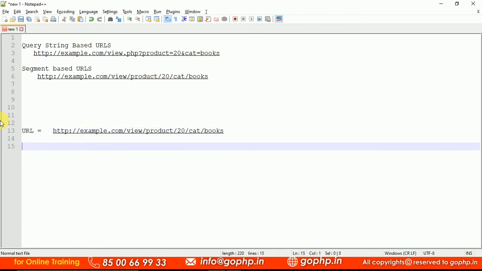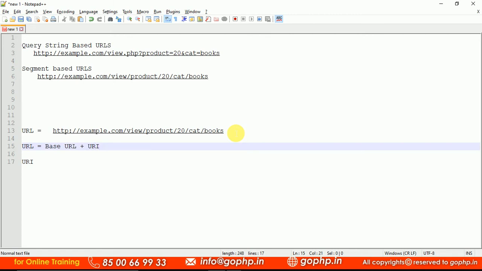Can anybody tell me what a URI is? This whole thing is the URL. What is the meaning of URI? Remember carefully, a URI is always available within a URL only, right? So always remember, a URL is equal to the base URL plus the URI. This is exactly the concept.